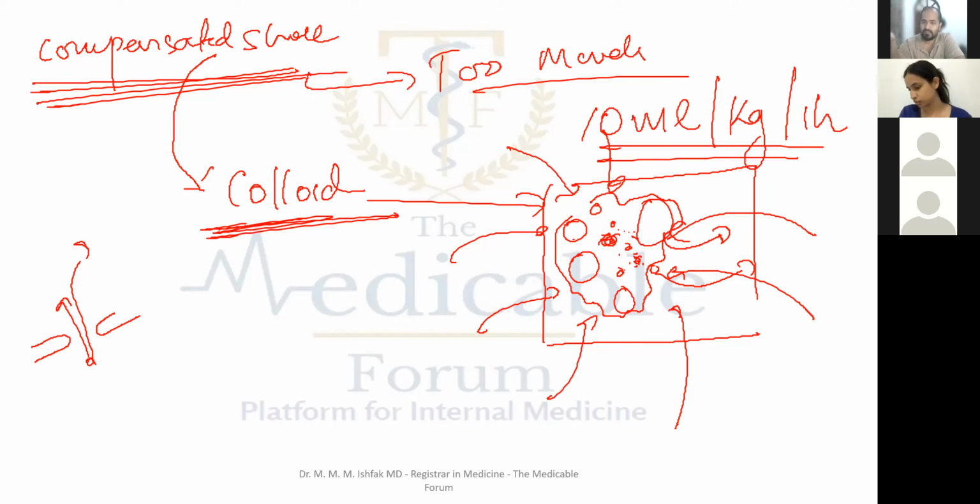So always make sure when you're giving colloids, the nurses might just say, doctor,